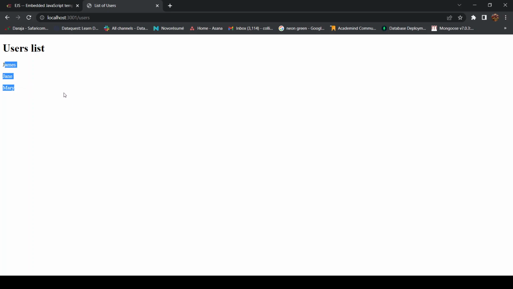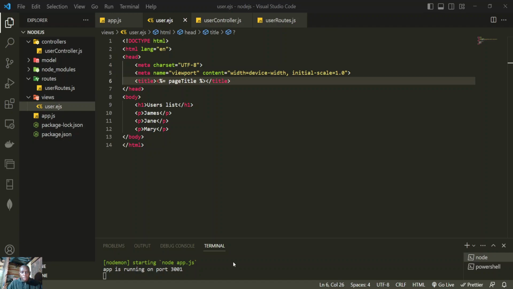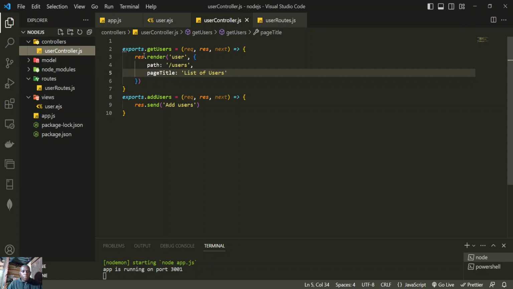So to simulate that scenario, we will create an array of users, and then we're going to pass that data from the controller into the template that we just did, like we just did for this list of users right there. So let's go back to VS Code, go into our controller, and actually we're going to create another JSON file. We can name this file maybe users.json,